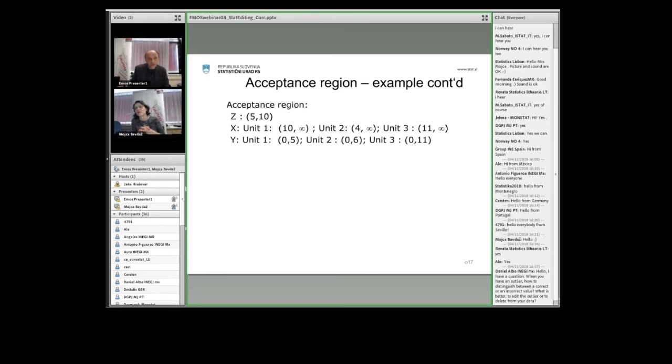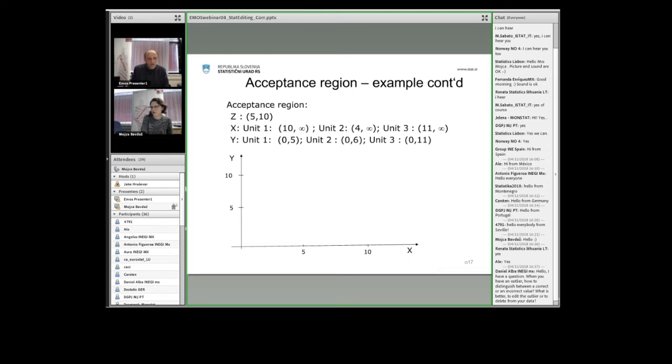You can see I plotted here the acceptance interval for each of these units, looking at X dependent on Y and vice versa. It's very useful to try to draw the acceptance regions into a graph, because we are now talking just about X and Y. Z is quite simple, it's straightforward. But let's see X and Y. Because there are just two variables, you can plot it in two-dimensional space.